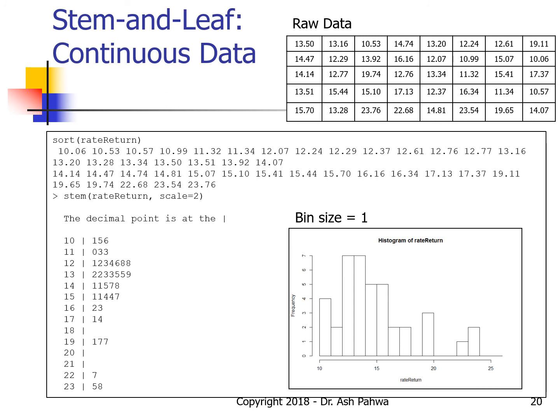Here we have the rate of return of 40 different mutual funds, and these numbers vary, as you can see, from 13.50, 13.16 and so on. One of the best ways to see this data is to sort it out. This will enable us to draw the stem and leaf plot. In the stem and leaf plot, we take the number before the decimal point and then take the number which comes after the decimal point. So now you can see that for the first three numbers, we have 10.06, 10.53 and